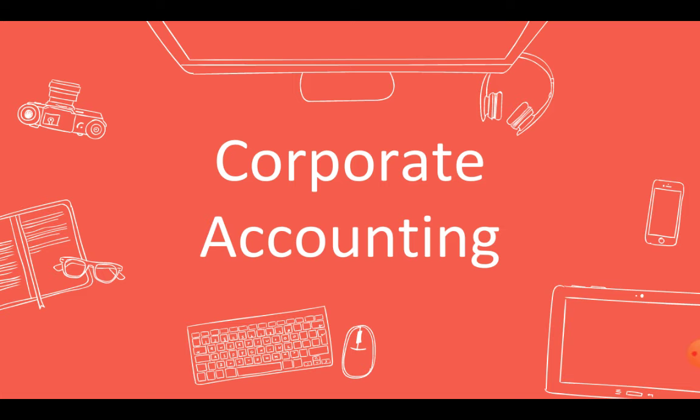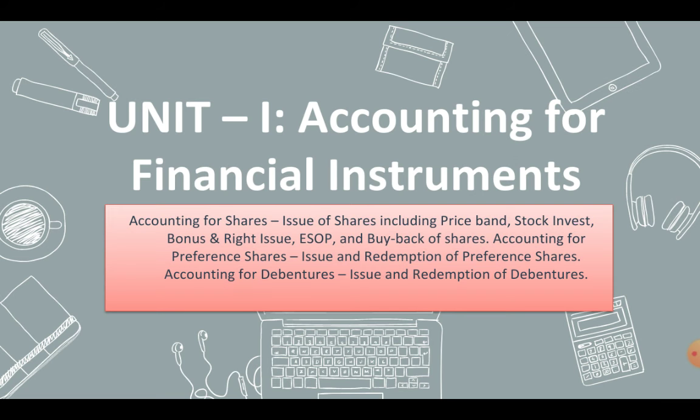So I'll be handling Unit 1 and Unit 2 of corporate accounting, and let's look first at what the contents of Unit 1 are. Under Unit 1 we're having accounting for financial instruments. Now financial instruments, we already know what they are. We've studied about this under IFS, those different types of financial instruments, financial markets, right? The components of the financial system. So financial instruments include our shares, debentures, bonds, stocks, all those different instruments that are used for trading in the